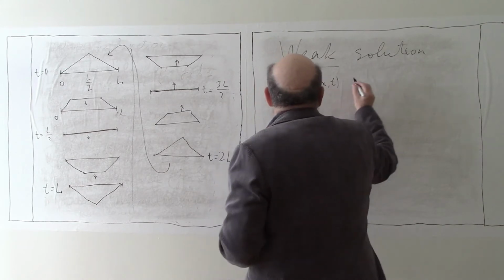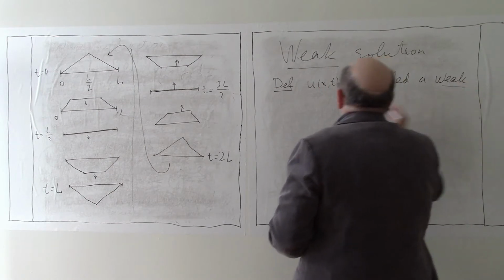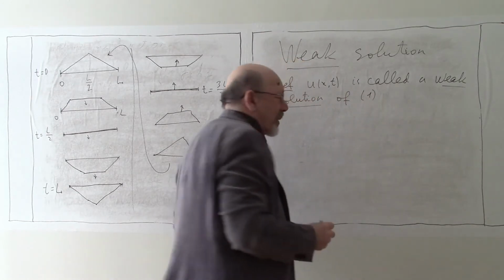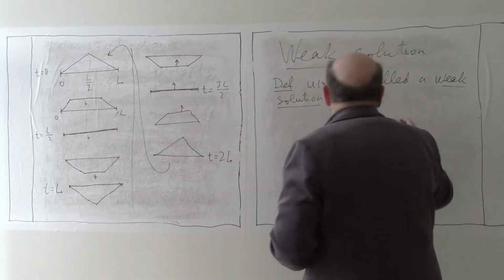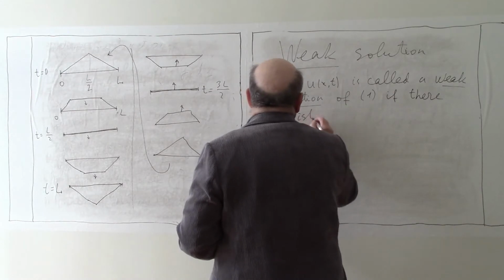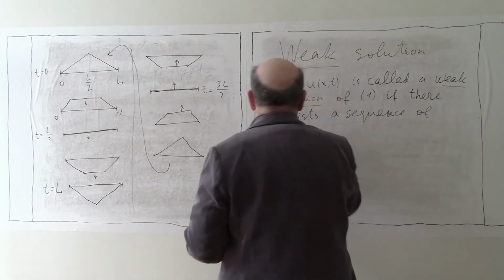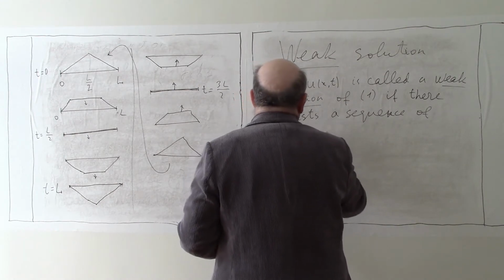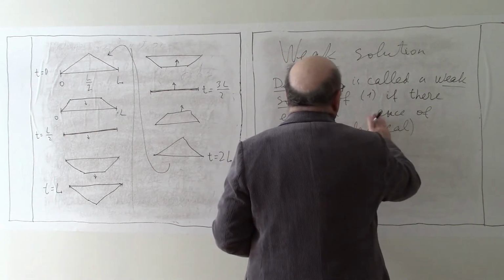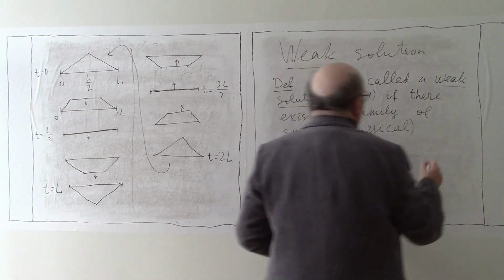u of x,t is called a weak solution of the string equation if there exists a sequence of smooth classical, better to say not a sequence, but a family of classical solutions